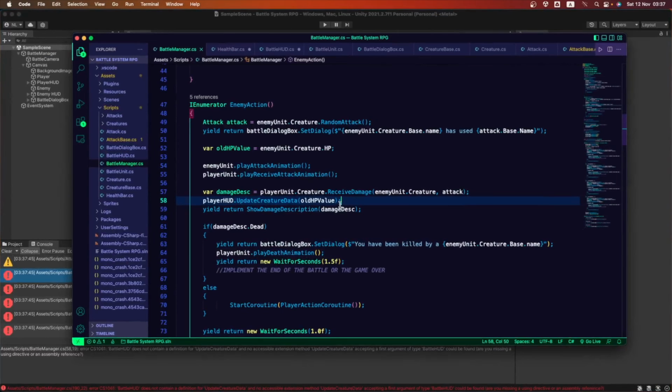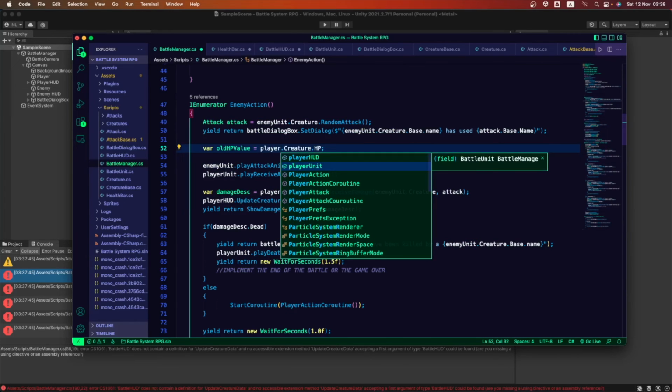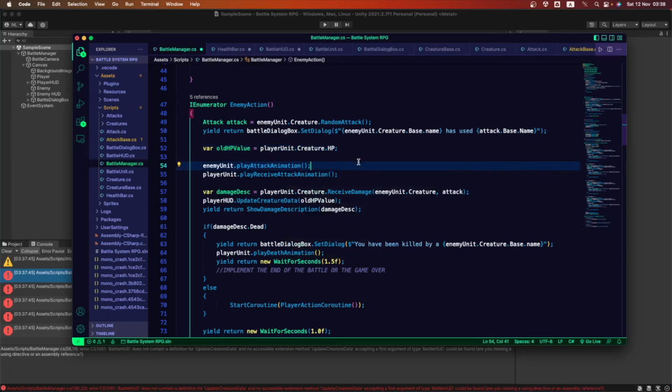Okay, we are getting here a small error. Let's see where this is coming from. Player HUD, update creature, old HP value. Okay, so there it is. Okay, so let me find that one. Okay, so sorry, I think here is the player unit.